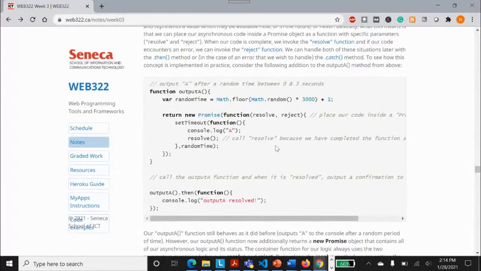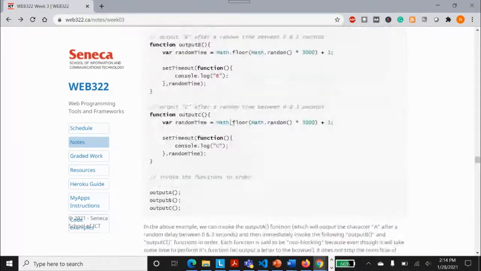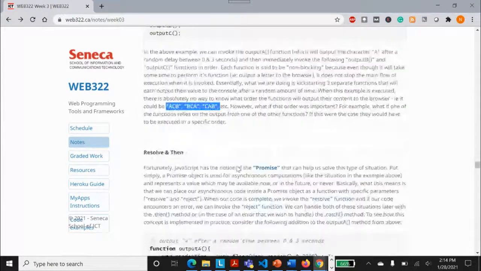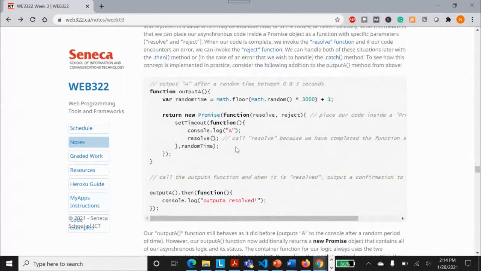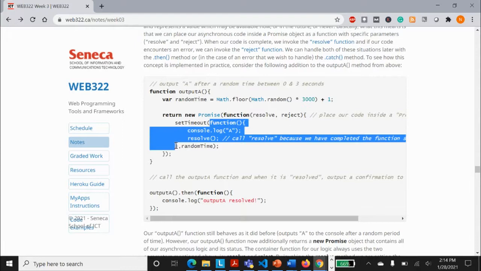Now see here, this is a simple program. Rather than defining this set timeout directly, they have done that as a promise. So, return new promise, defining a promise that will have a function with resolve and reject. As I told you, that's the resolve and reject function, and these curly braces will start its functionality, the set timeout function, which starts from this point and goes all the way till this point.